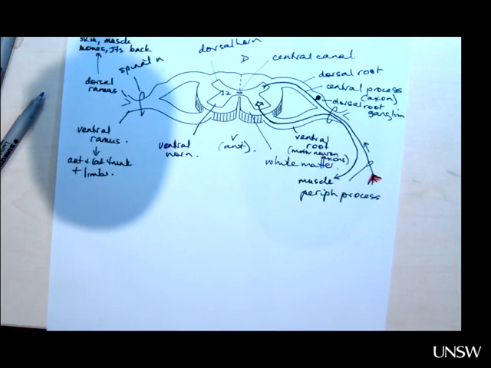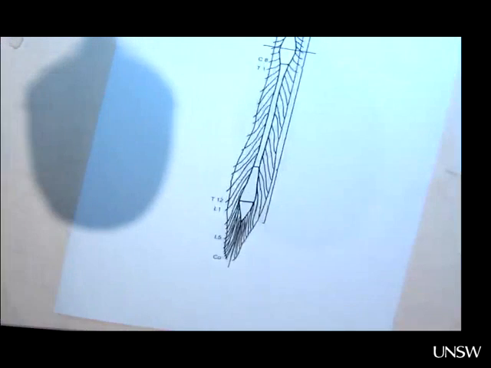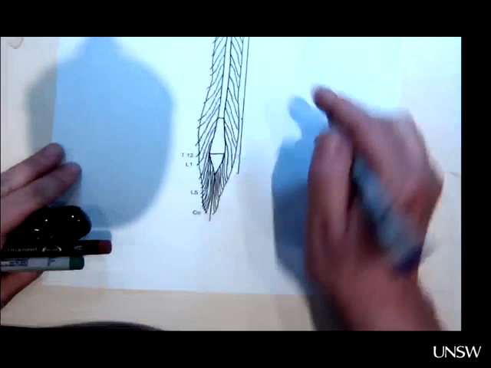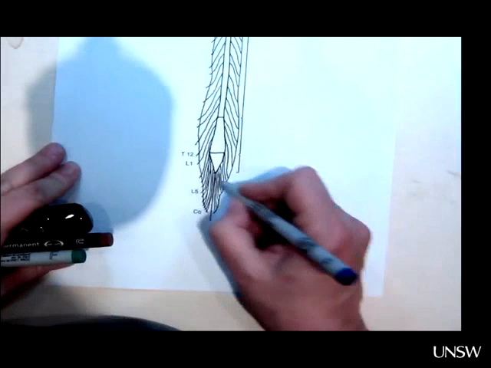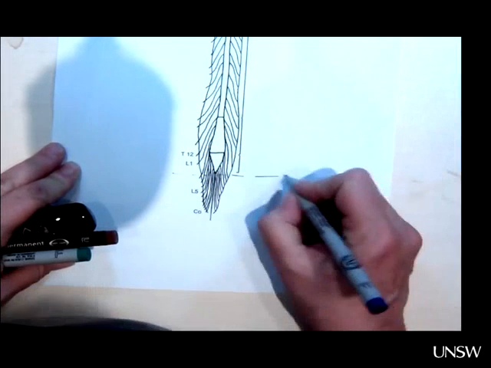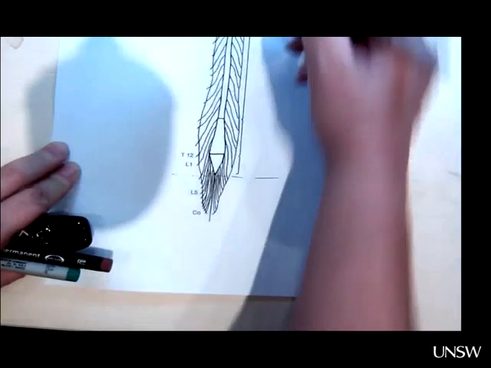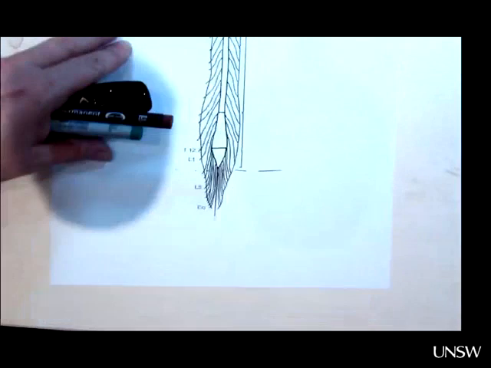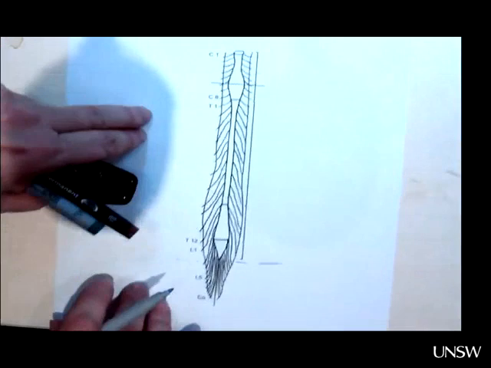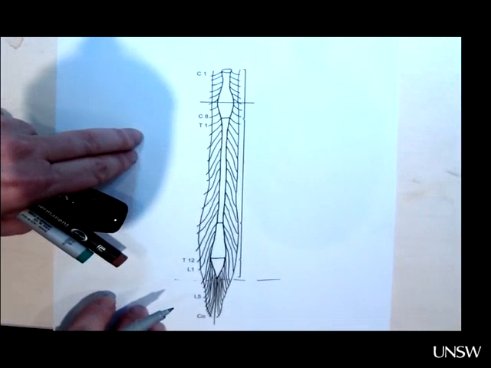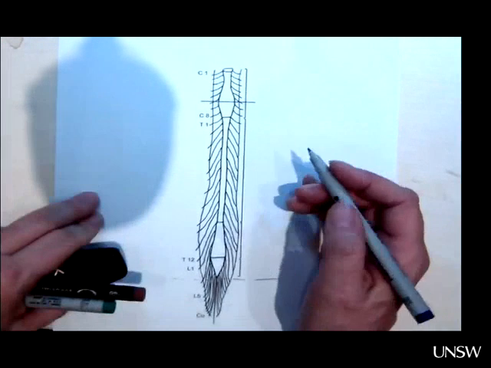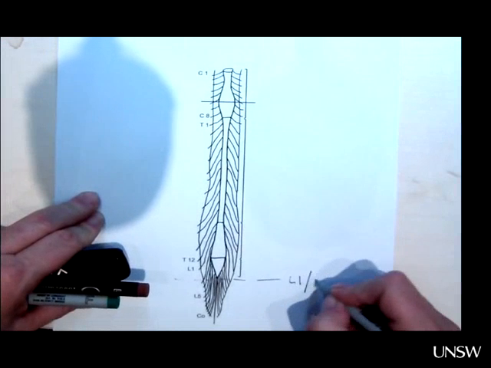And down the bottom here is where it ends. I did give you the diagram, you've seen these diagrams before. There is a diagram where we can indicate that on here. So on here, this point represents the end of the spinal cord. Can you see that diagram? No. How do I get it in? I hate this, because it's slow. Okay, there we are. So this is the end of the spinal cord, which is usually at the L1-2